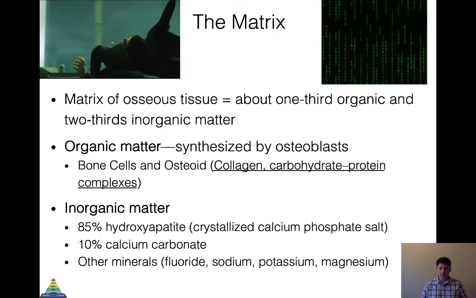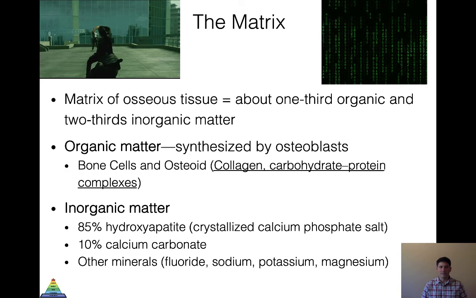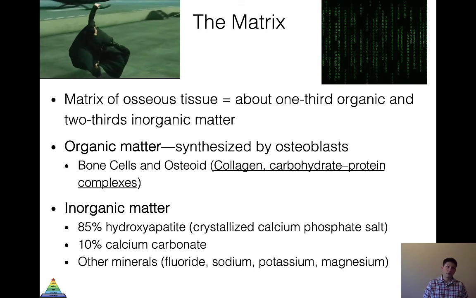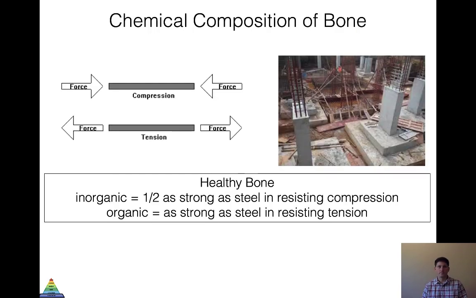And then about 10% calcium carbonate, and about 5% other minerals, so fluoride and sodium, potassium, magnesium. If we look at the composition of bone, we can see that it is really, really good at resisting compression and tension. So if we look at the organic component of bone, it's about half as strong as steel in resisting compression. So in this image over here, when we build these giant skyscrapers and student housing complexes around NAU,